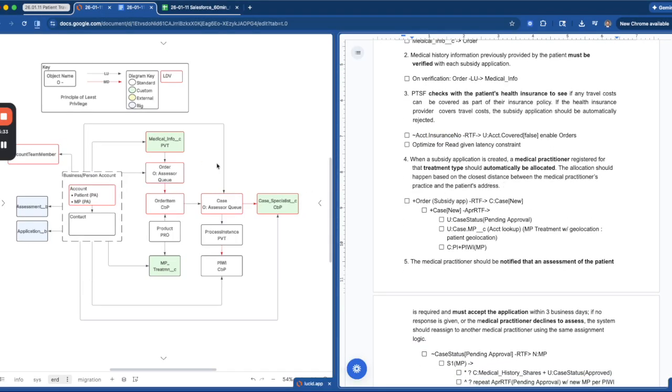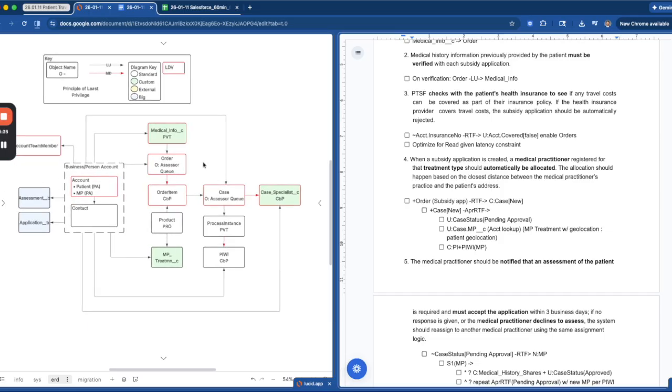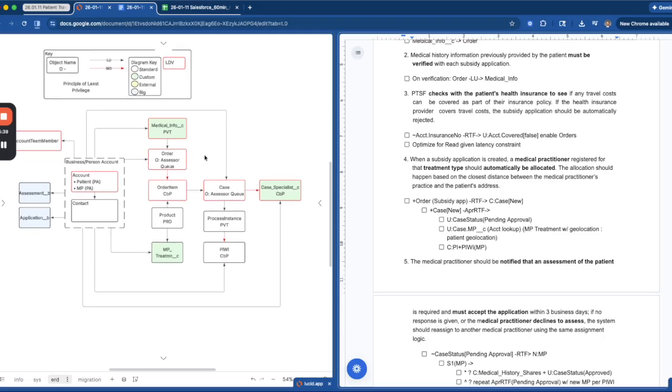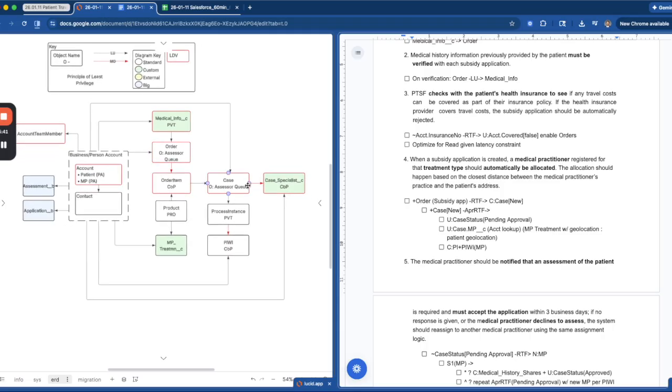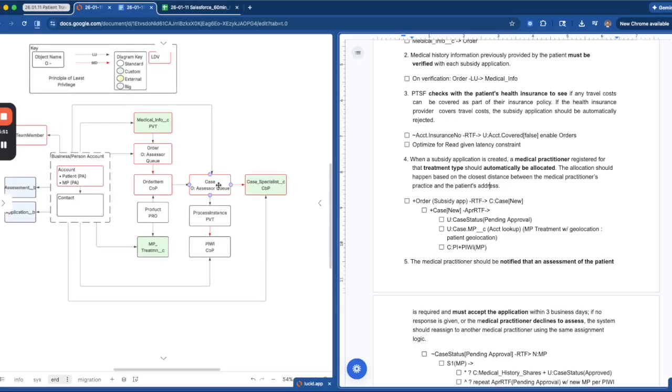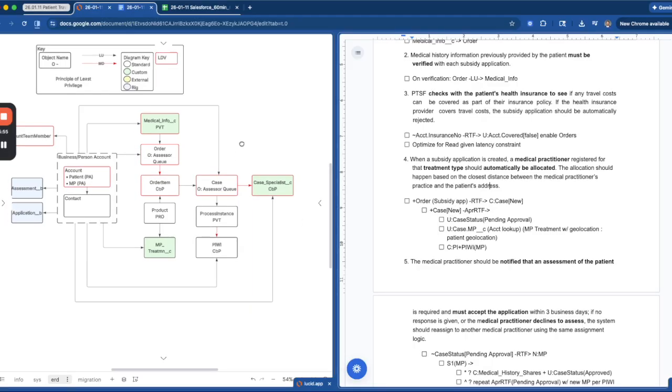When the subsidy application is created, the medical practitioner that is registered for the treatment type is automatically allocated via the case object. So when the order is submitted, there will be the creation of a case that is assigned to the assessor queue. That case is marked as status new. That triggers then an approval record triggered flow that updates the case as pending approval, and then most importantly updates